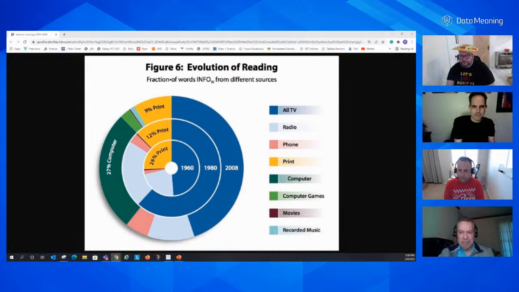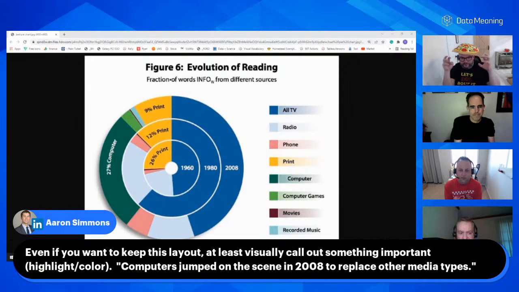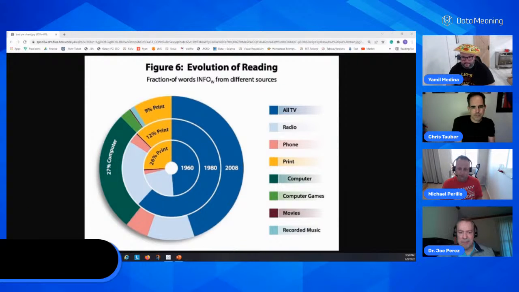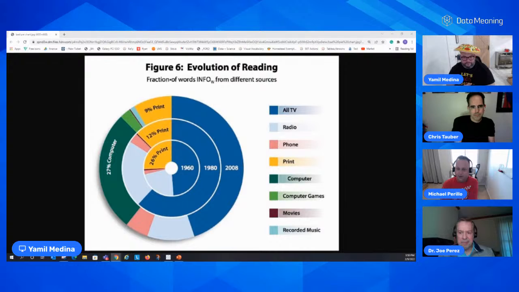What do you think, Mike? When you saw it the first time, boom, in your head, wow. I think anytime you use a radial chart or something like this, it's intended to make you look at the big picture. It's like, oh, that's interesting. But then when you start asking questions and you want to do comparison, then this kind of chart seems to